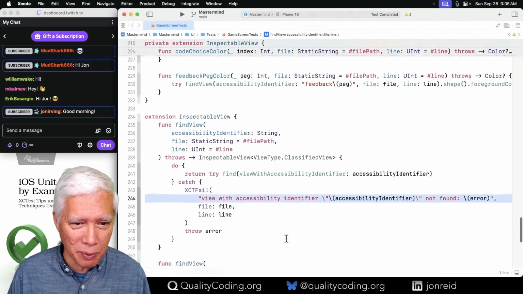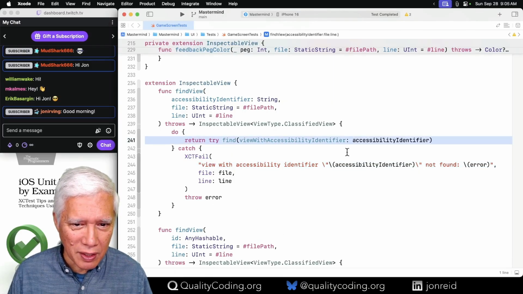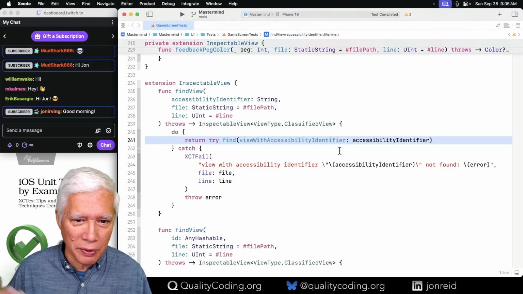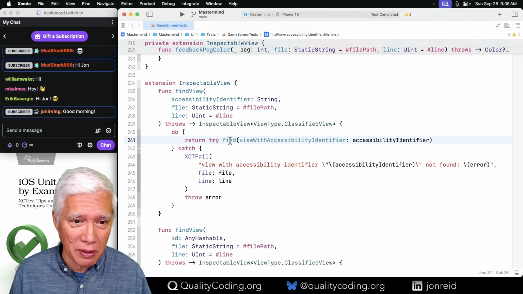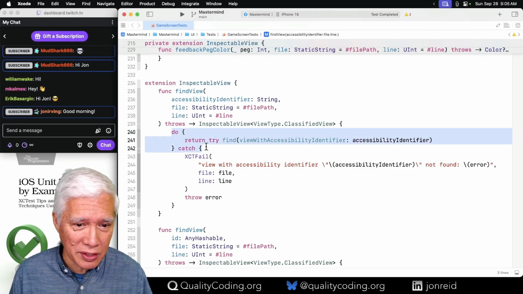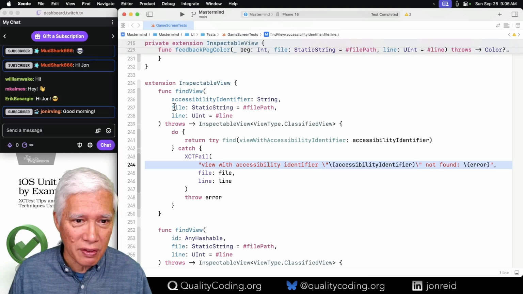And it's super simple. It goes like this. It's an old trick. Because of the way View Inspector will throw an error if it can't find a particular view, and then the source of that error is deep inside of View Inspector. Old trick, just wrap it in a do catch and say, okay, now let's report the location of the error